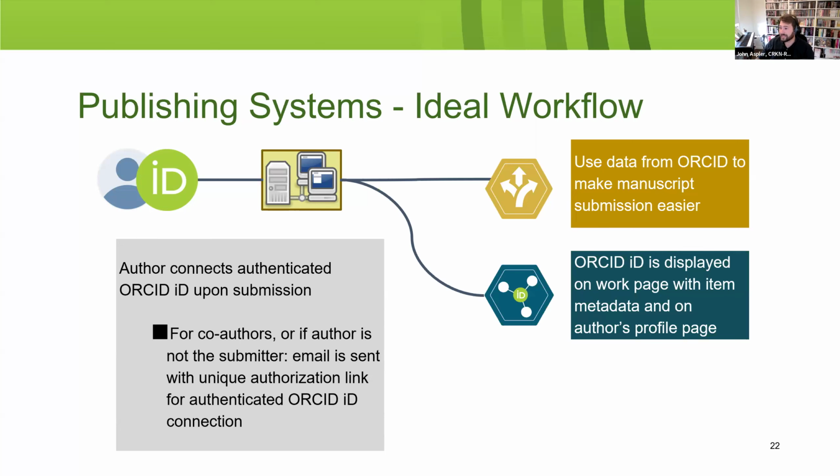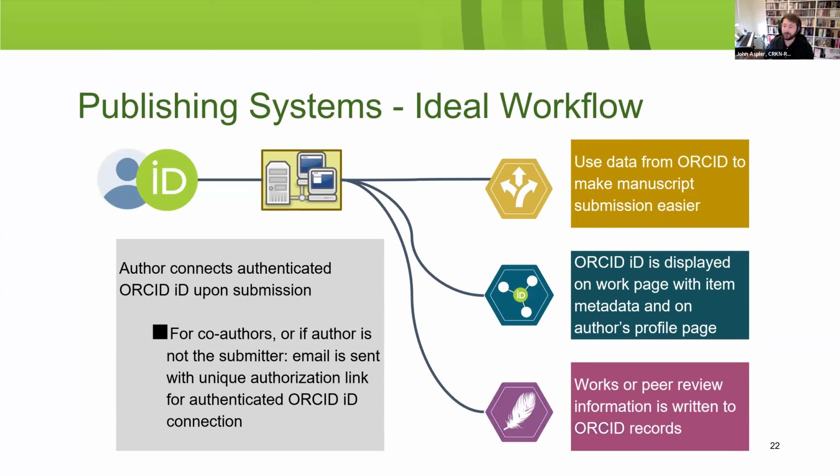The ORCID ID is displayed on the work page with item metadata and on the author's profile page. So depending on how the publication platform or system works, you might have a system where all that matters is the public-facing article. Maybe there is a public-facing profile page for a given scholar, so it could apply or appear there. Whatever it happens to look like in that given system, this would be what we would want to see. And then finally, at the end of it, the article or the peer review information is then added back to a person's ORCID record